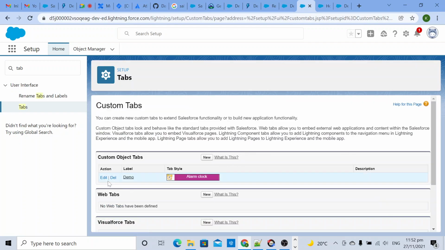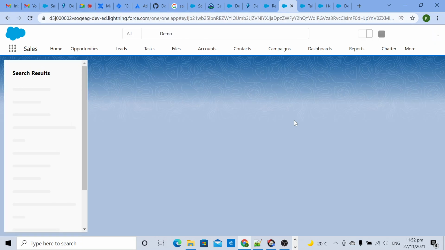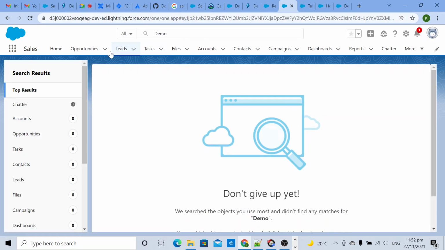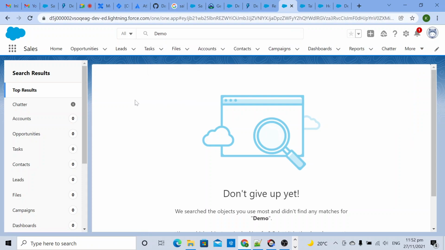Okay, so just now I created one custom object tab, that is demo. Now this tab will be visible here. Okay, still it's not coming here. It's coming here, demo. Click on more.